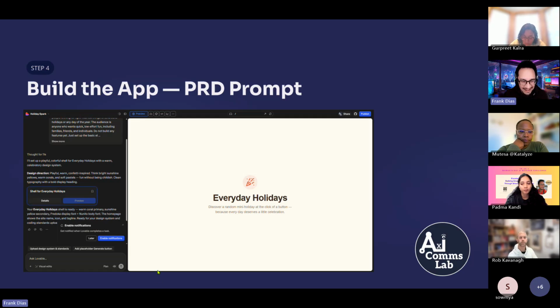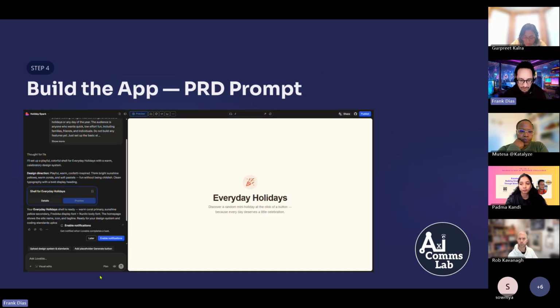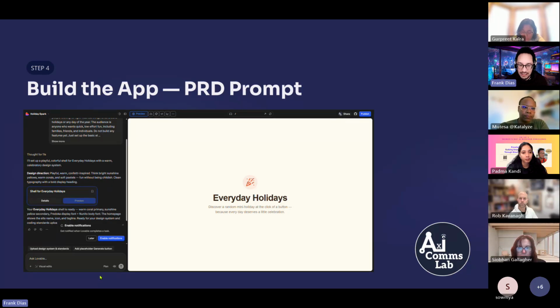And then one of the things, particularly your point, Rob, once you've got all that ready, say if you change your mind around your design look and feel, say if you've gone to other websites and you love the way they've positioned stuff and their layouts, this is where vibing really kicks in.